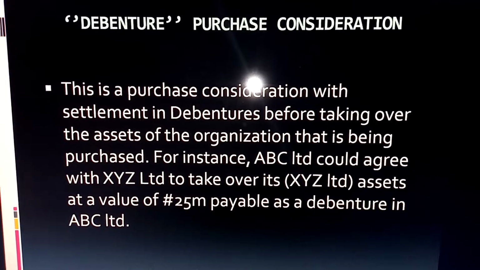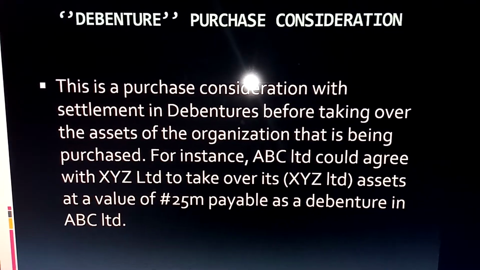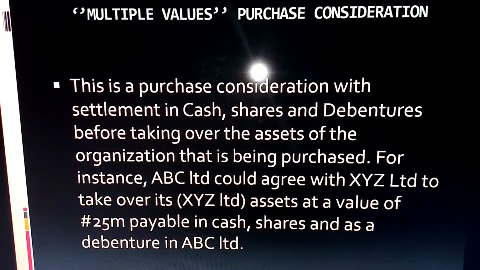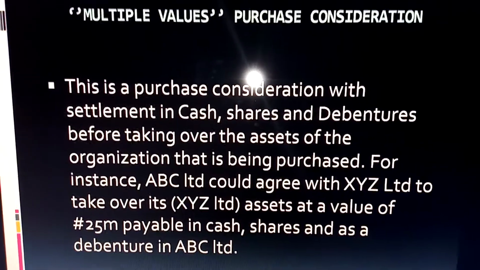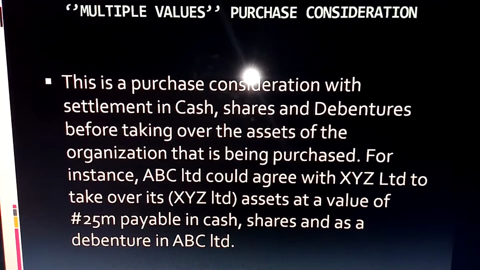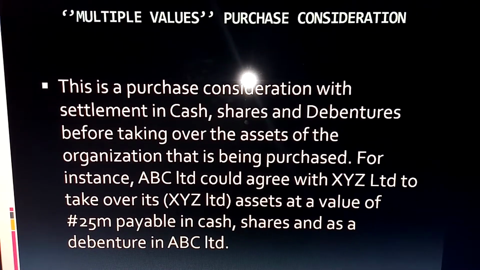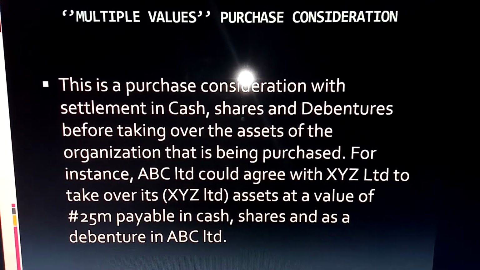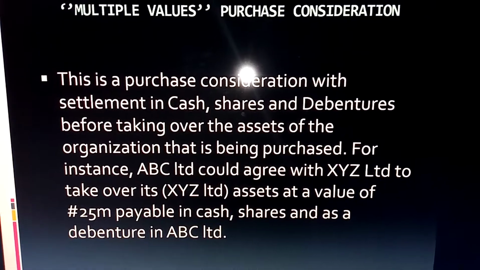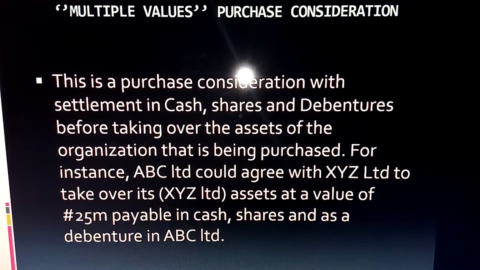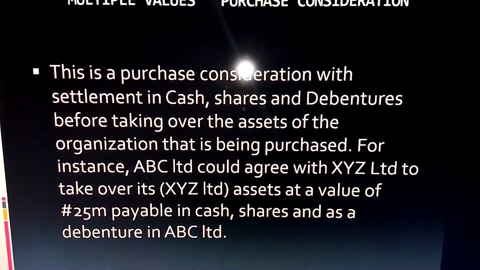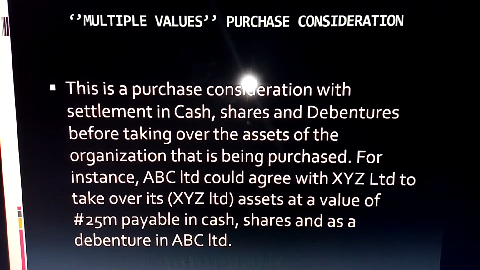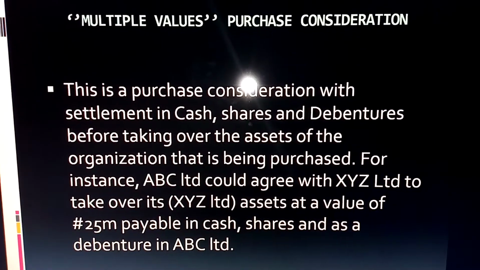You are using debenture as the purchase consideration to take over the assets of the other company. Now here we have multiple values purchase consideration. What I'm trying to say is that the purchase consideration is broken into various parts. You have a combination of cash, a combination of shares, and a combination of debenture. So what I'm saying is that you are still taking over your friend's company asset, but the agreed value is broken down into